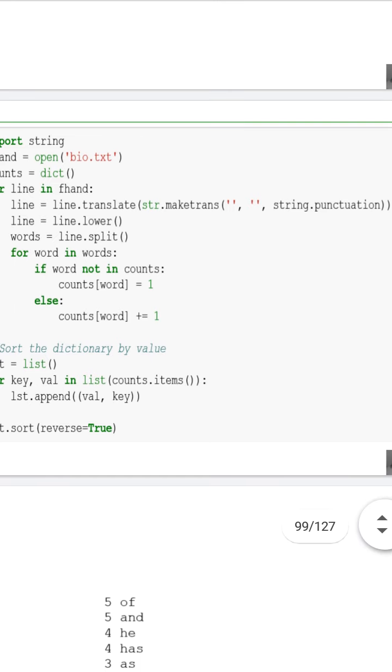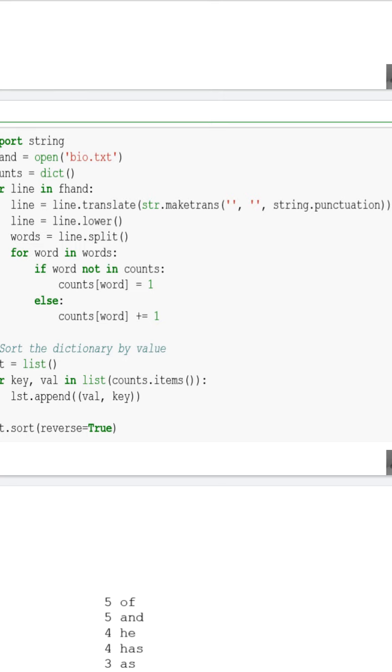Using the built-in function split, I am splitting words and storing them into words. Here words is acting as a list. It contains all the words which are split using the built-in function split on the given line.